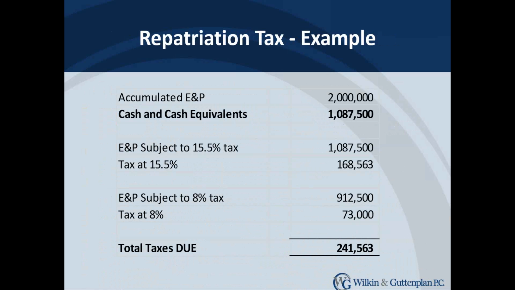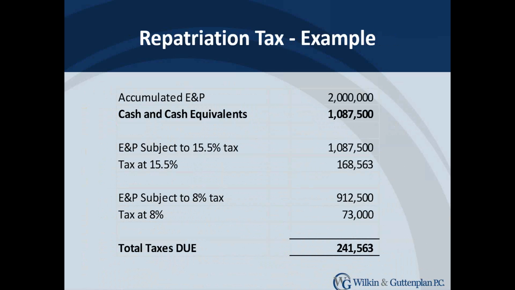Vinay, do you have anything else? I was just going to say, our initial stab at this example included the foreign tax credits, and it just got too unwieldy, so we purposely left them out. But the concept of foreign tax credits, at least at a reduced basis, does exist in this calculation. Now, forgive me if I'm saying what you were going to say, Darko, but out of this $241,563 in this example, that would be the amount paid over the 8-year installment that we mentioned. And if I'm an S corp, I can elect to defer that. Exactly. Yep.